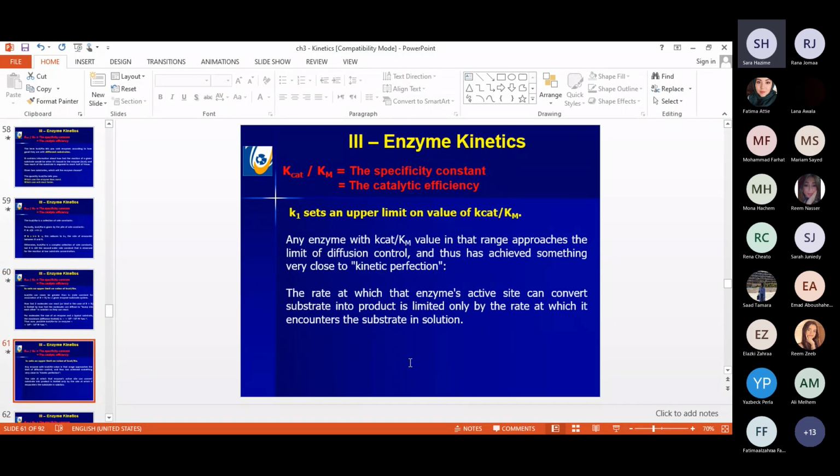So K1 sets the upper limit for K catalytic over Km. And when you reach the upper limit, you are working under kinetic perfection. The rate at which that enzyme active site can convert substrate to product is limited by the rate at which it encounters the substrate in solution. And you can reach kinetic perfection when the value of K catalytic over Km tends to the highest limit